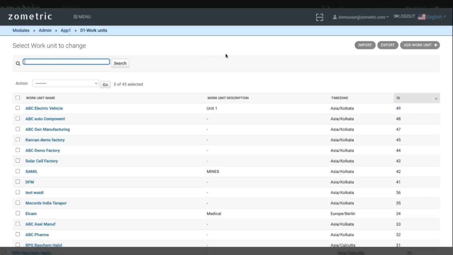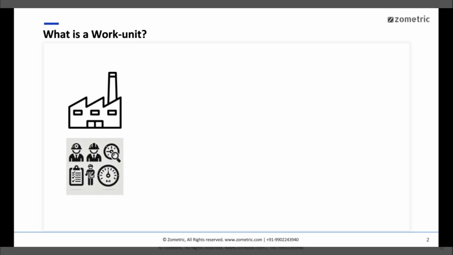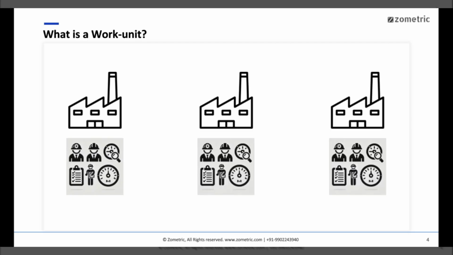So, what exactly is a work unit? In Zometric, a work unit represents either a physical factory or an independent unit within a large factory. It also supports multiple time zones. If you need to manage multiple factories within a single Zometric tenant for easier management or cross-visibility, Zometric allows you